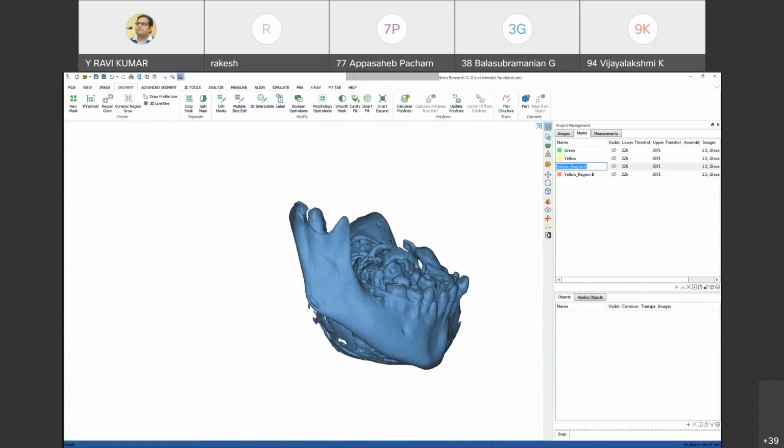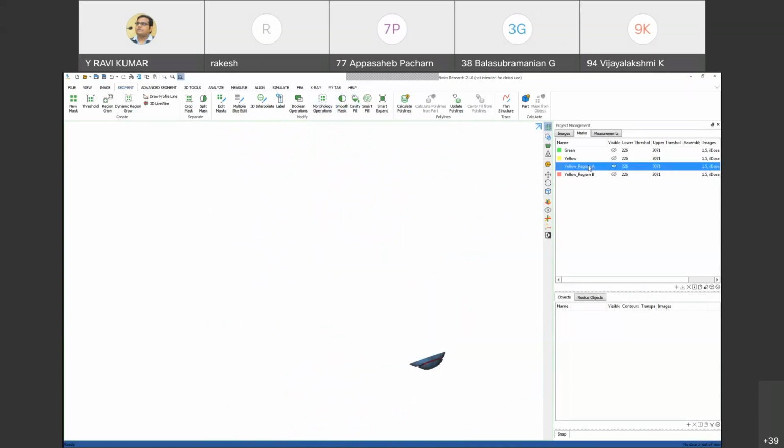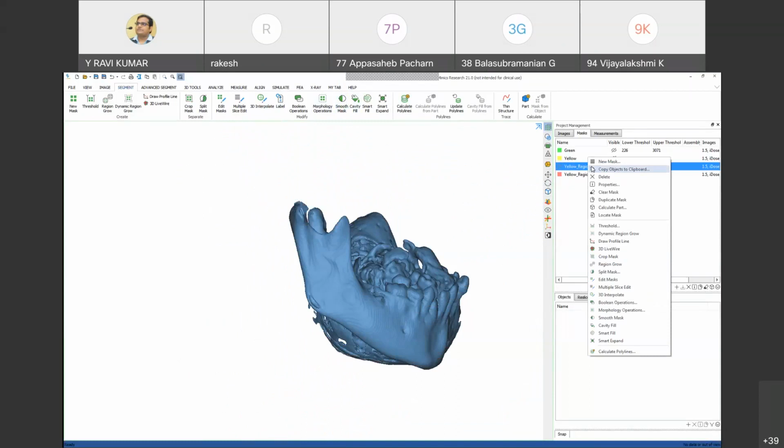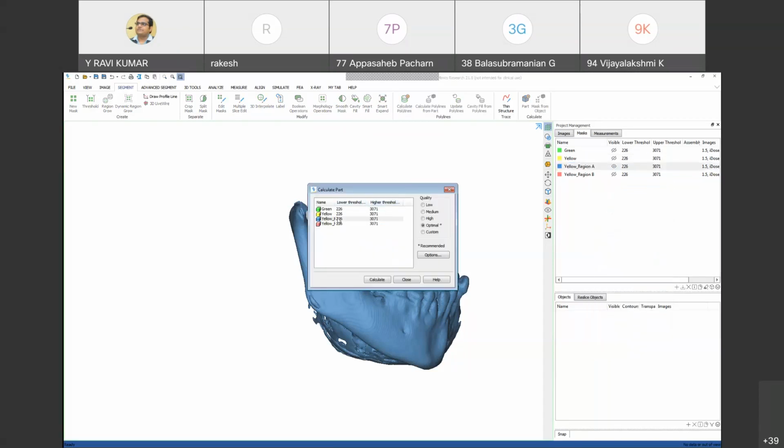After that, what you need to do is, on this mask, just right-click on the mouse. It will pop up with many options. You go with this calculate part, and then you select which one to convert to a CAD model.